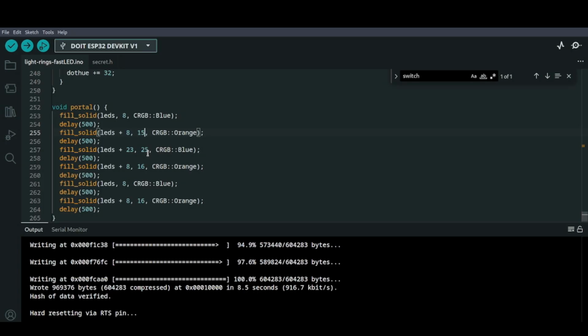The third ring. Third ring is 24 total. Are there 16 on the second one or 15? 16. Okay. Good. Okay, and then yep, I got 8.